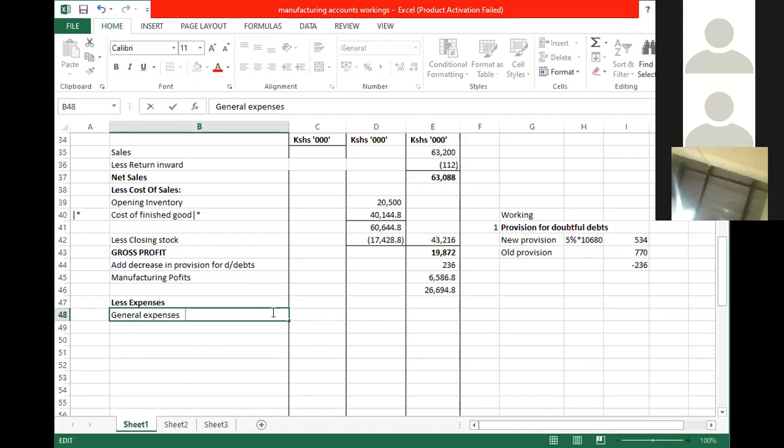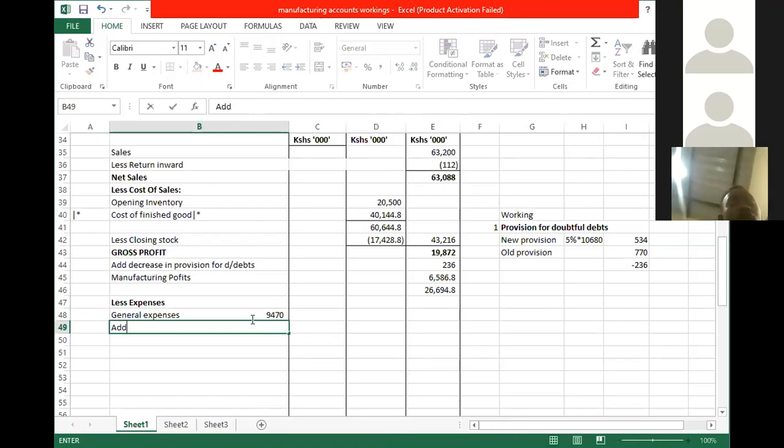Is it affected by any other additional information? No. Somebody is saying no. Have you looked at the additional information number 5? Look at the additional information number 5. What does it say? That there was an accrued general expenses in regard to the office of how much? 764. So here we add accrued